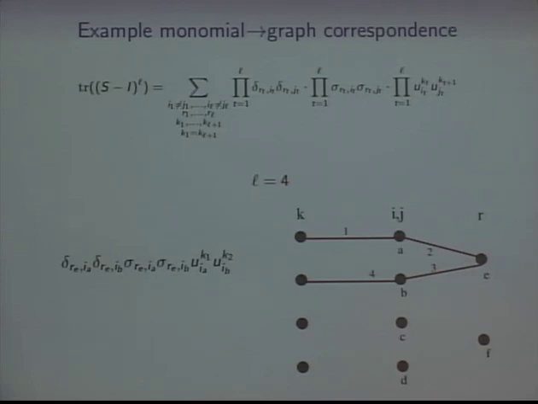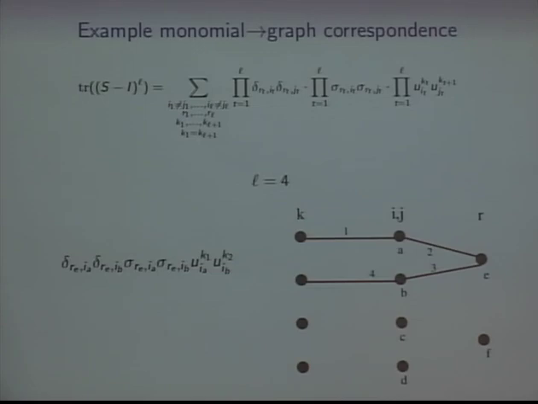We're going to have a graph here that is going to end up having 4L edges, so 16 edges. And how does this graph work? There are 3 layers in this graph. Every monomial is a 3-layered graph. The rightmost layer corresponds to the R's here. The R's are between 1 and M. Those are like rows of pi. The middle layer, those are the I's and J's here. Those are like rows of U. Those are from 1 to N. And the K's are these K's here. Those are the columns of U. So that's from 1 to D.